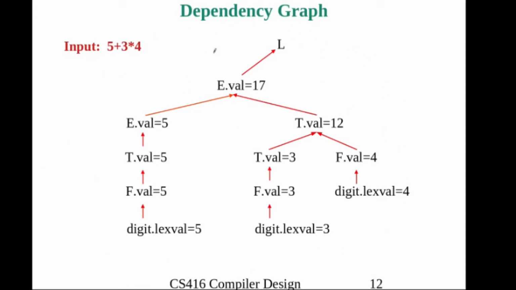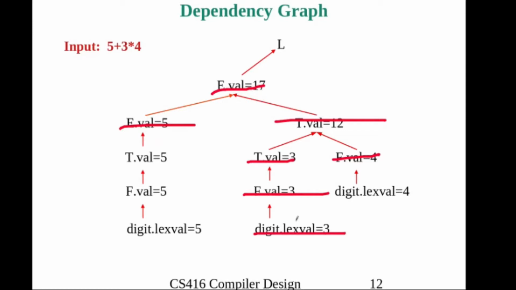If you look at this dependency graph, you will get a sequence of nodes, and that sequence of nodes will give you the order of evaluation of the semantic rules. That means this node will come only after this node and this node, that is in the topological sorting. And this node will come only after these two nodes, and this node will come only after this node. This is the way if you sort this graph with topological sorting, because the direction is such that it is a directed graph.